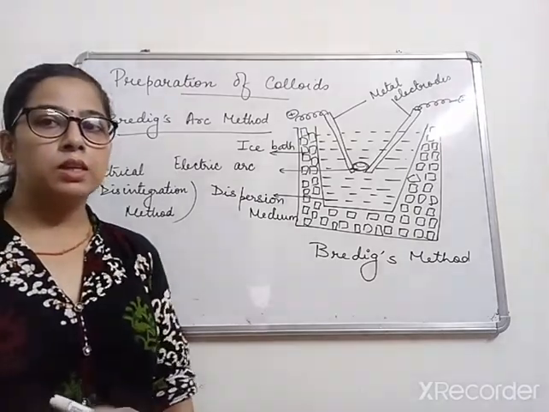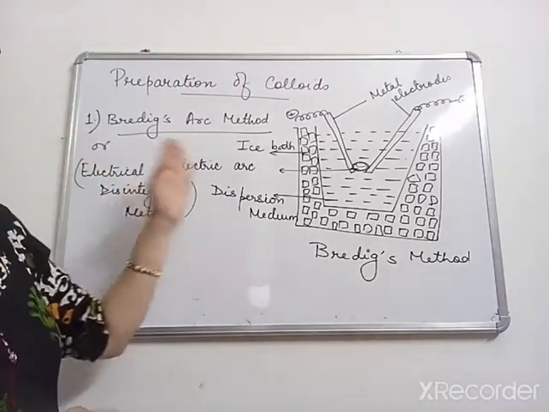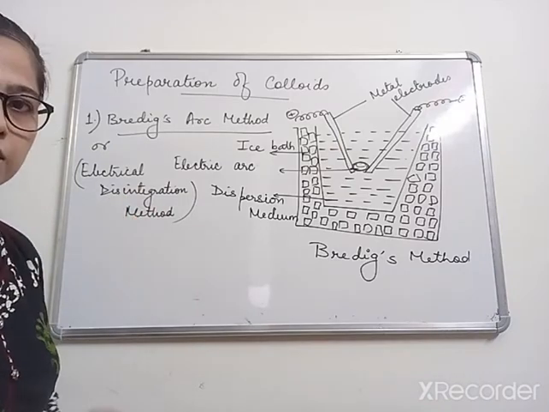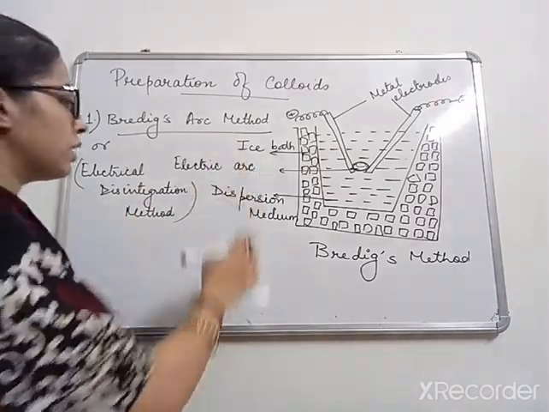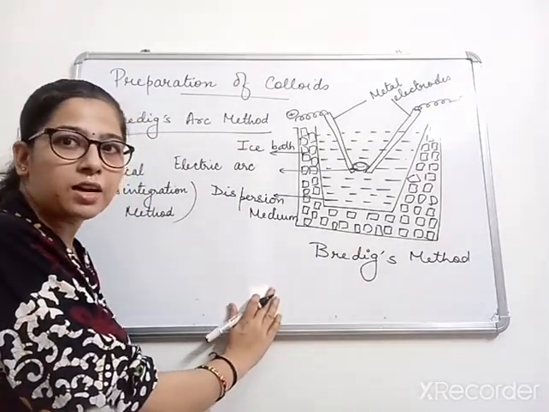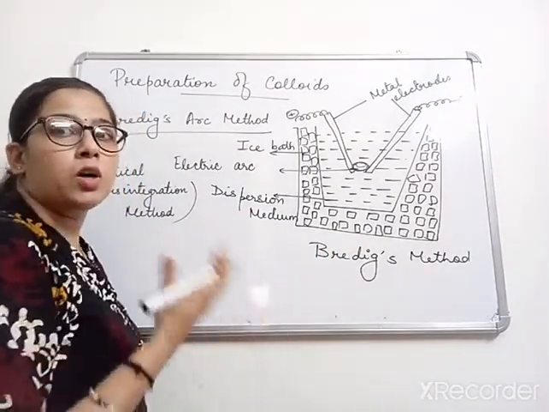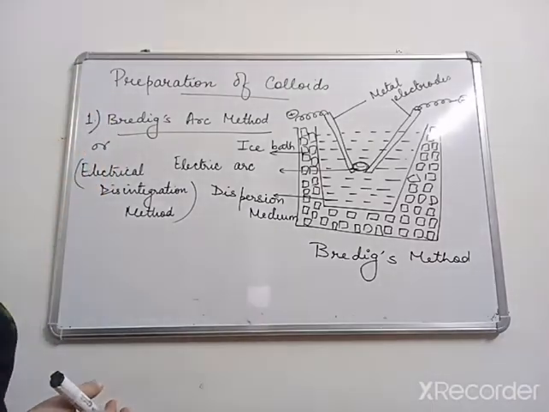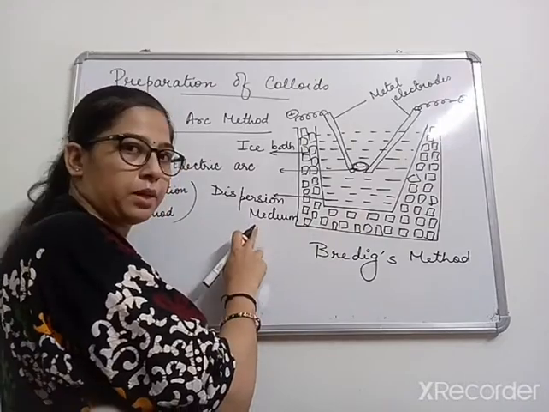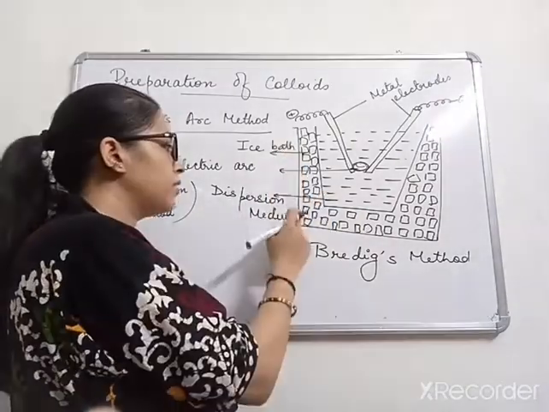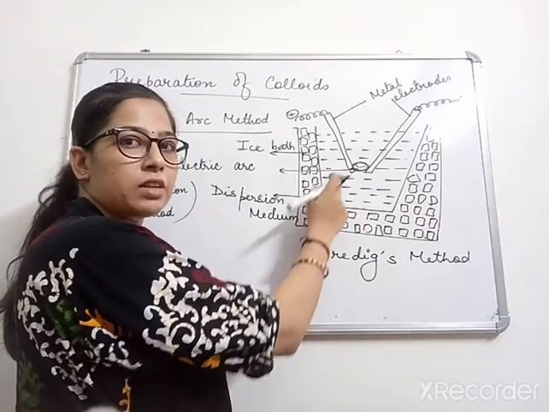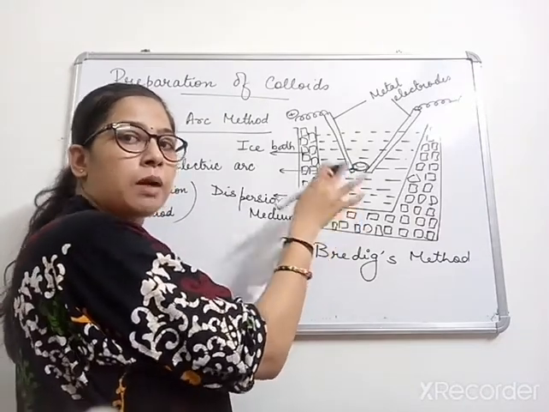And the first method is the Bredig's arc method, also called the electrical disintegration method. ये पहला method है. In this, you can see this is the apparatus that we take in a Bredig's arc method to prepare a colloidal solution. So in this we take a beaker containing the dispersion medium, and that beaker is placed in an ice bath. ठीक है, तो बाहर आइस कंटेनर है, उसके अंदर एक बीकर है जिसमें हमने डिस्पर्जन मीडियम